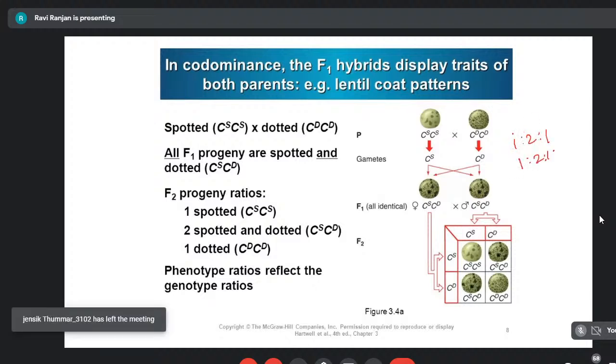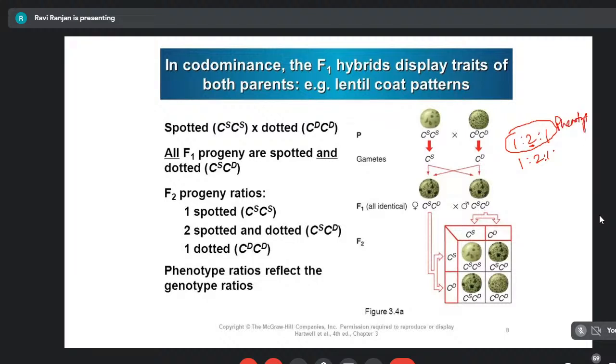That is, the phenotypic ratio, instead of 3:1, they always have 1:2:1 because here both the characters are expressing themselves. So in incomplete dominance as well as codominance conditions, the phenotypic ratio deviates from Mendel's ratio which he proposed. Okay, so only complete dominance follows Mendel's phenotypic ratio, that is 3:1 for a monohybrid cross, right? So in complete dominance, you will find 3:1, whereas in incomplete dominance as well as in codominance,